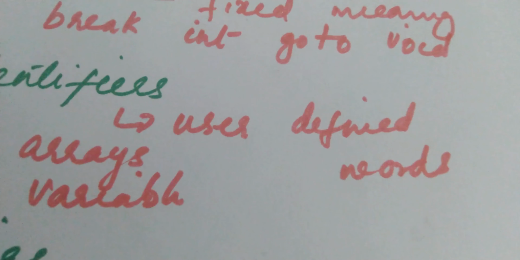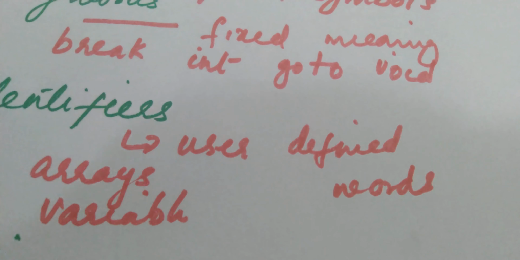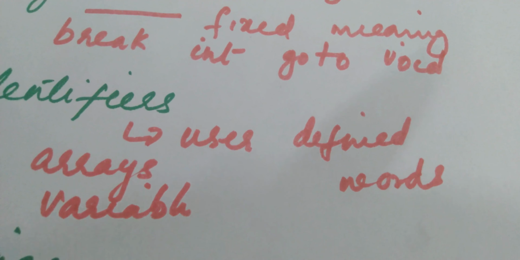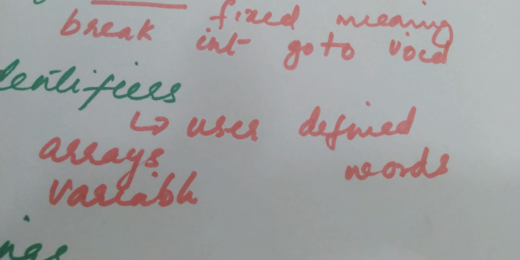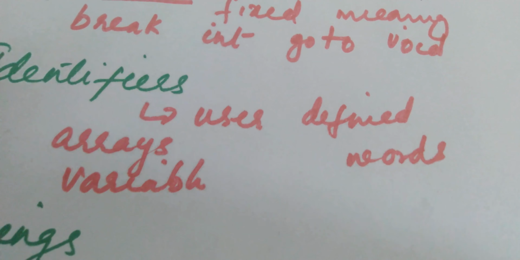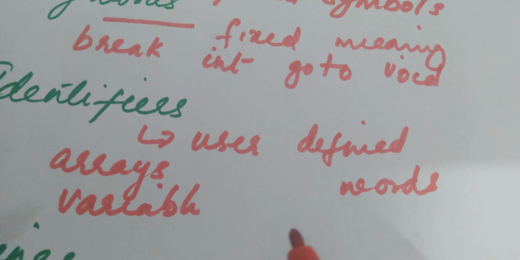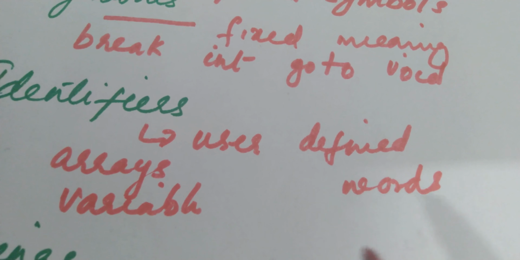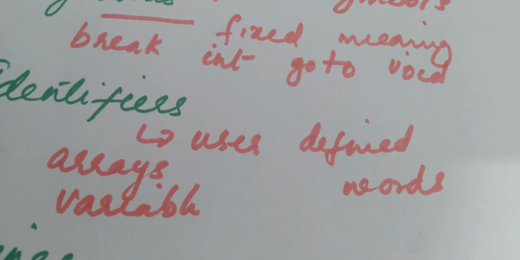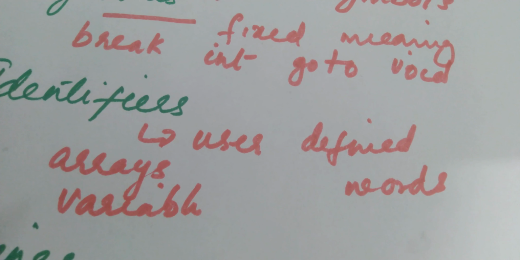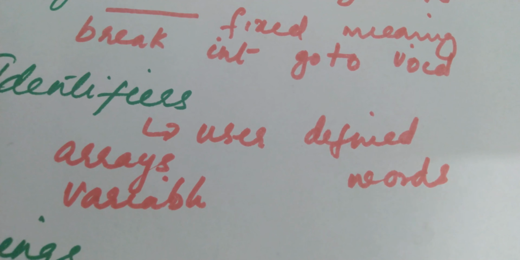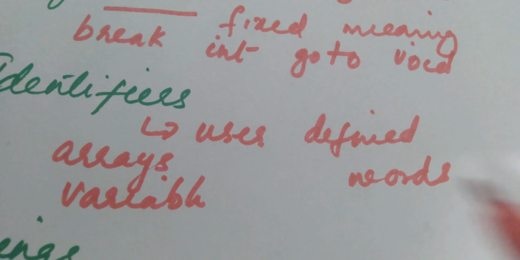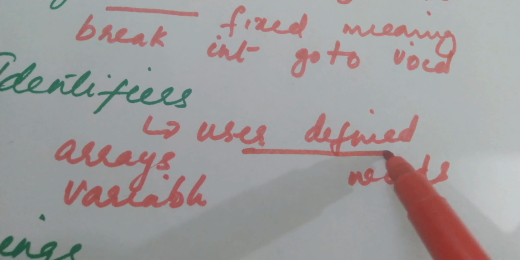That means in a C program we have to use variables, and these variables are given variable names, and these names are given by the user's choice according to the variable naming conventions. So identifiers are user-defined words, the words which are given by the user. In many situations we have to depend on identifiers while naming arrays, structures, functions, files, etc. So identifiers are user-defined words.